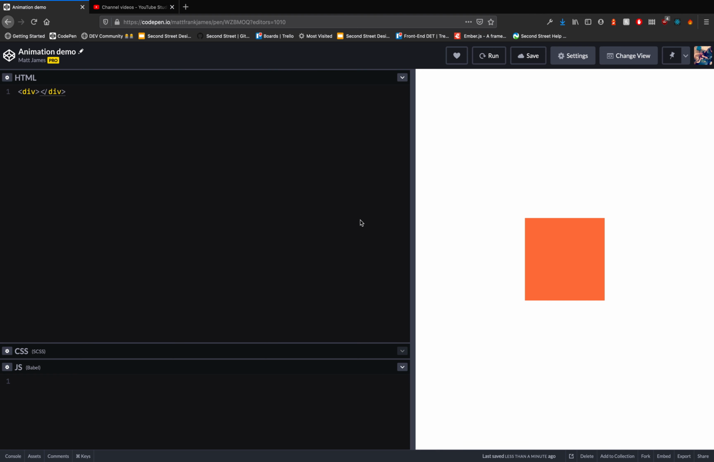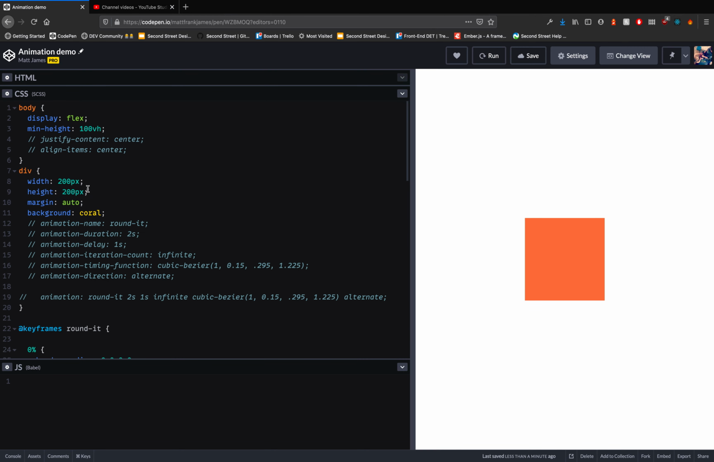In this video, we are going to look at how to set up animations using CSS. Before we get into the CSS for this, I just want to show you that all the HTML here is just an empty div. And what we've done with the empty div is we've given it a width and a height,